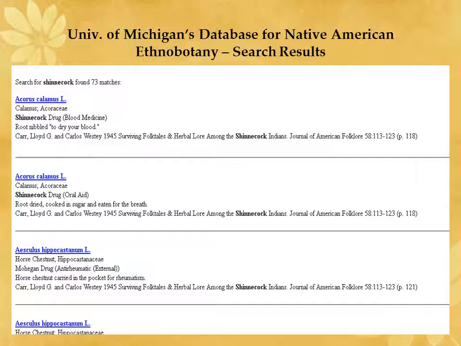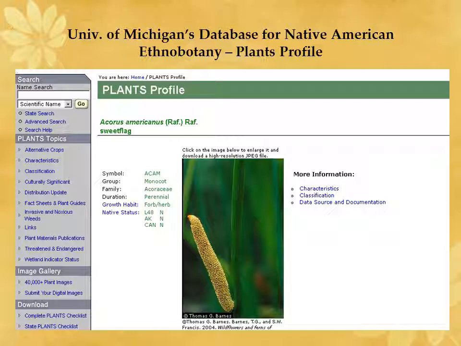After clicking on the first result for a plant called Acorus calamus L up at the top, it will take you to the USDA's plants database. I have tried a couple of different search topics and all of them have brought me to the site. The first page it brings you to is the plant profile page for Acorus calamus, which is more commonly referred